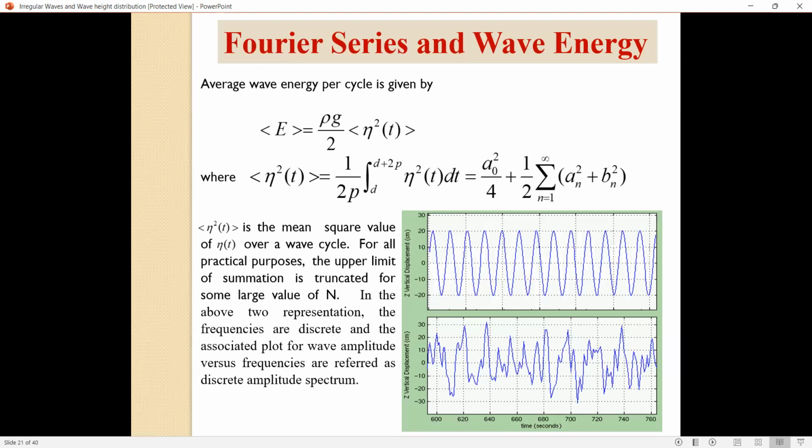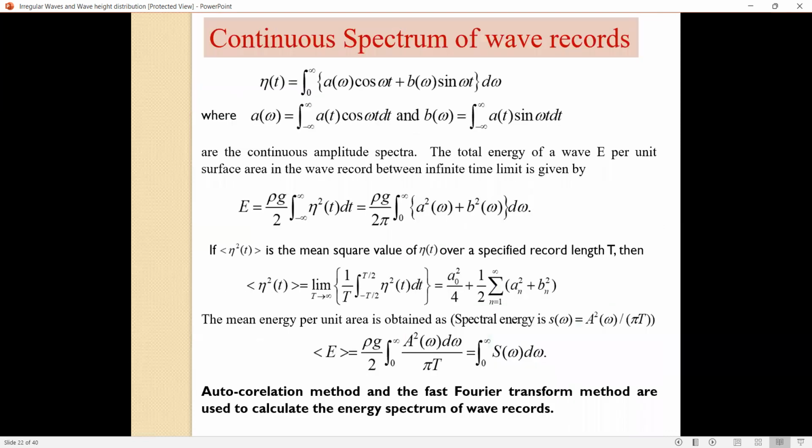Look at this: the first one is a regular wave pattern, the second one is an irregular wave pattern. That irregular wave is a combination of quite a few regular waves. Now, Fourier series is done. I complete the Fourier series for the irregular wave, where my eta, the wave, is a periodic wave of period P. The question comes: can the period of the wave be infinity? We always say finite, but why not have an infinite period? Can a Fourier series exist if the period is infinity?